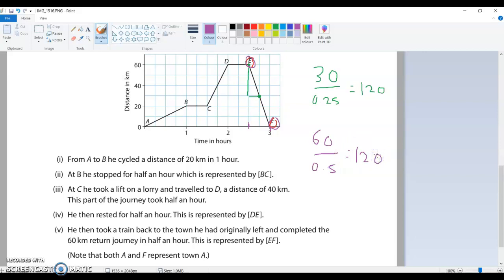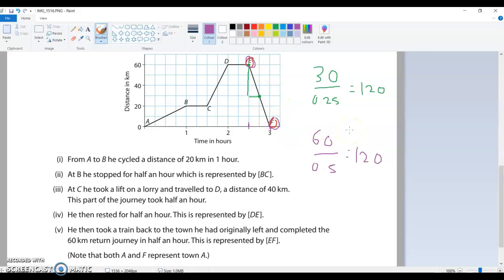So it shouldn't matter how you calculate the speed. If you use the formula, if you use the slope, if you just kind of go 60 kilometers in half an hour, 2 half-hours in an hour, 2 60s or 120. If you do it informally like that, you should still get the same answer. Okay, so as I said, steeper, so you're going faster between E and F,